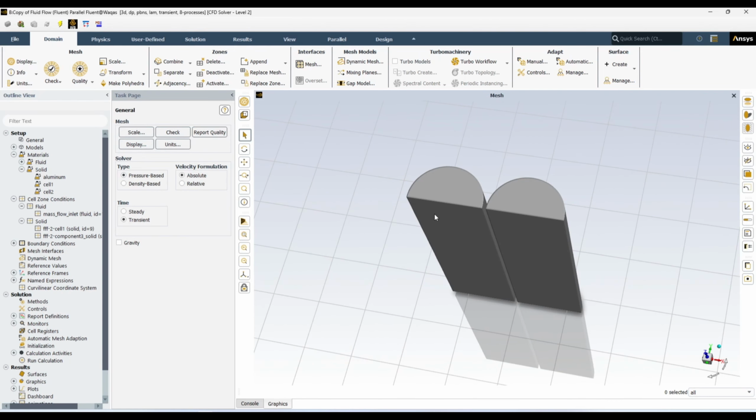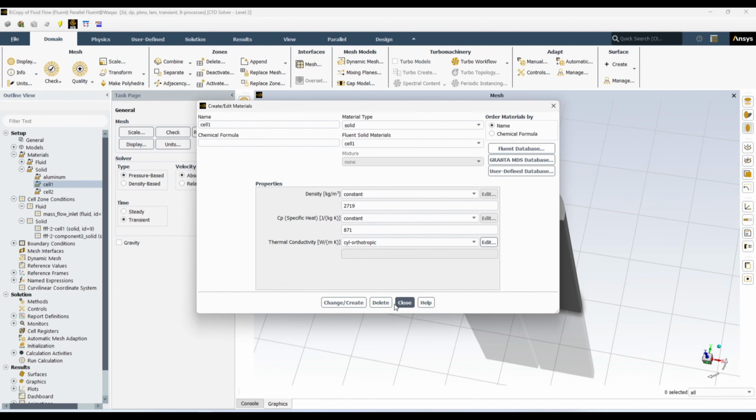Both cells have their own coordinate system, because we are defining cyclic orthotropic thermal conductivity. For cyclic orthotropic thermal conductivity, you have to define the coordinate for each battery cell separately. If you use the same origin for both of these battery cells, your property will be incorrect, or you will get an incorrect result. So that's why, when you go over here in the cell, not cell 1, let's go